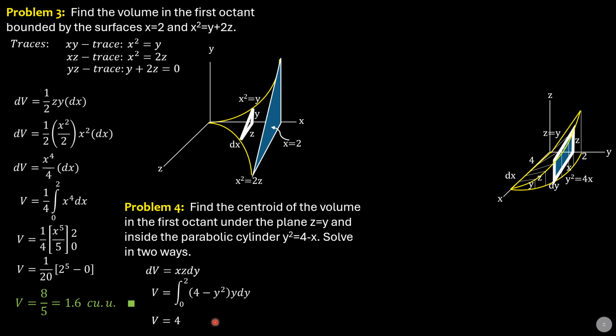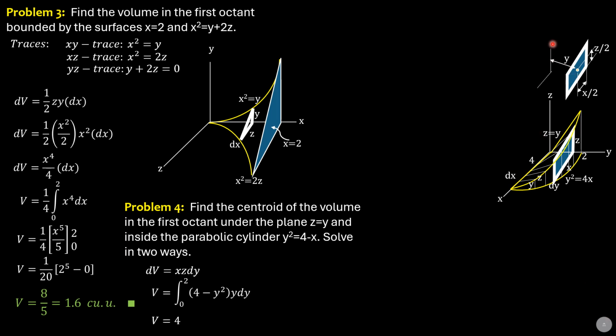Then by first moment of a mass, or by Varignon's theorem, volume times barred x equals integral of x sub c dV, where x sub c is the x coordinate of the centroid of this slab, which is half of x because the dimension is x. So its distance from the yz plane is x over 2. So this is the guide. That is x sub c, x over 2. And z sub c is half of z, z over 2, the centroid of the rectangular slab. Of course, you know that. And the distance of the centroid from the xz plane is y. So y sub c is just y.